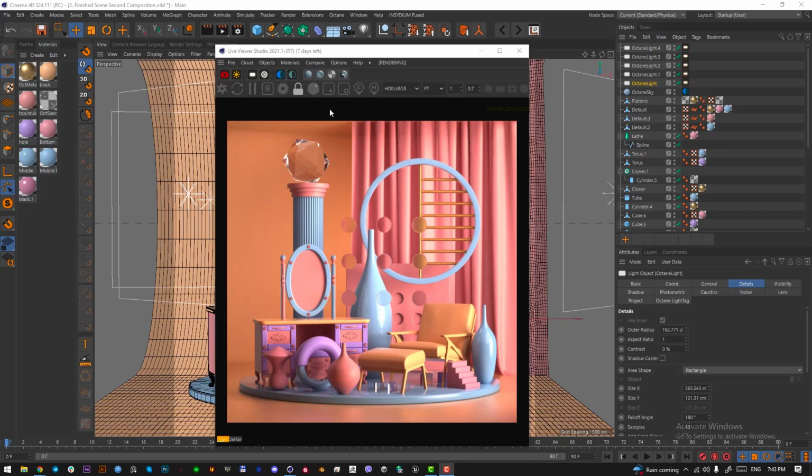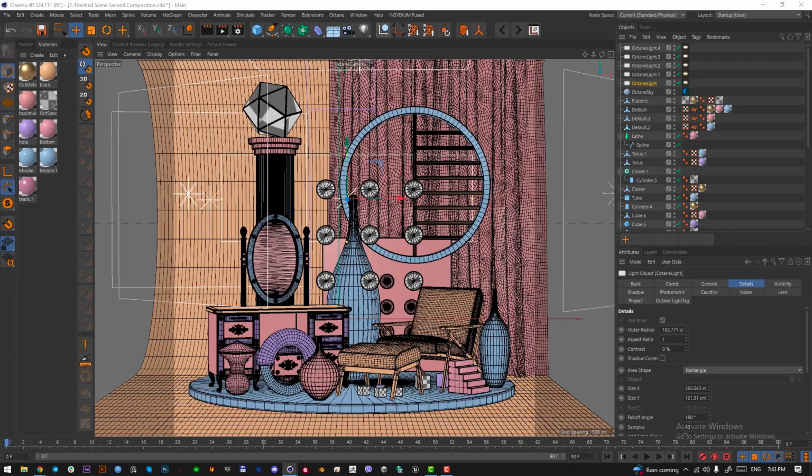So in order to make your images pop a bit, you really have to do the combination of both. That's the best way to go around it. But yeah, in this video I'm going to show you how to light this scene, the second composition, using area lights and the HDRI. So we will begin. This is the final look we wanna create, and I'm just gonna show you the lights we have on